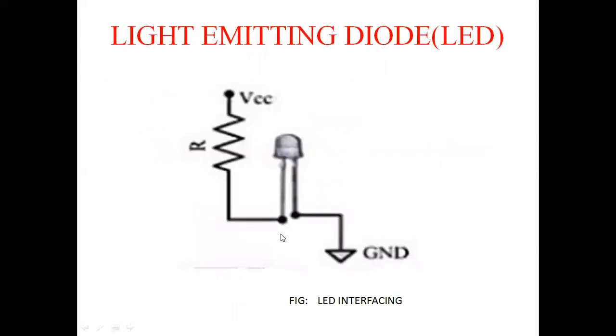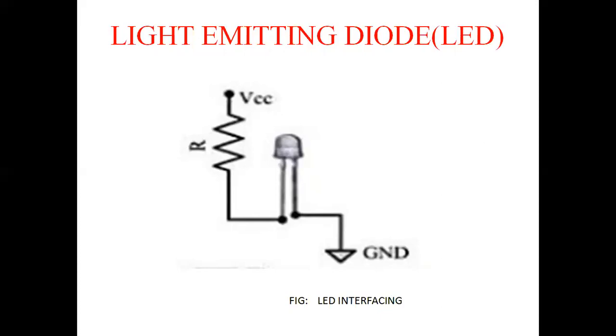First, we're going to see about the light emitting diode, that is, the LED, which we use in our day-to-day life. The light emitting diode is an important output device. Keep it in mind, it's an output device. An LED can be used as an indicator for the status of various signals or situations. Typical examples where LEDs are used are to indicate device on, battery low, or battery charging.